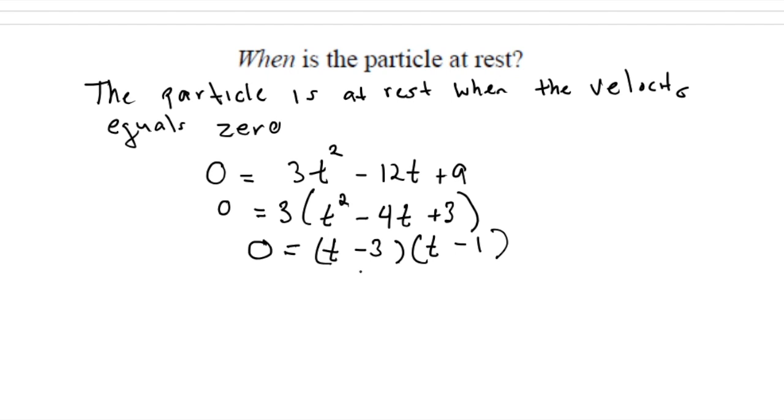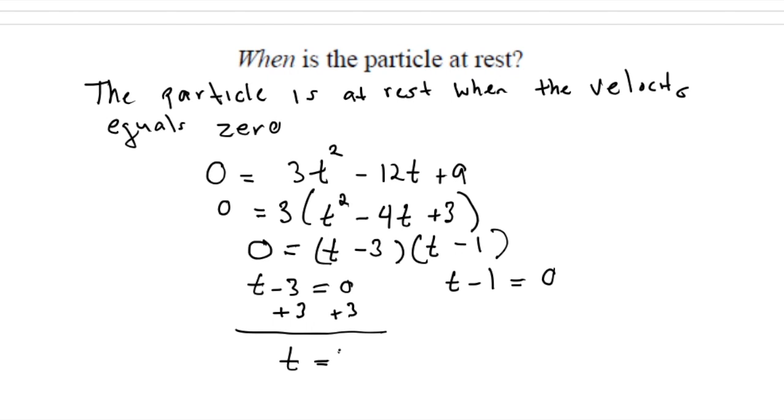And now what you do is you take each factor and have each factor equal 0. So t minus 3 equals 0, and also t minus 1 equals 0. Now I'm going to solve for t. I'm going to add 3 to both sides, so t is going to equal 3. And then I'm going to add 1 to both sides, so t equals 1. So our answer is the particle is going to be at rest after 1 second and after 3